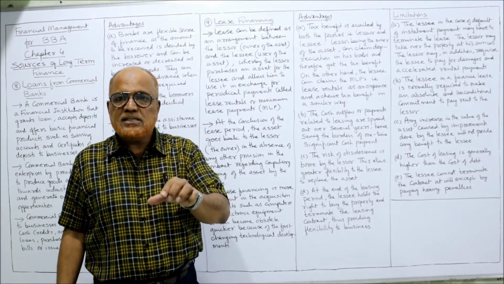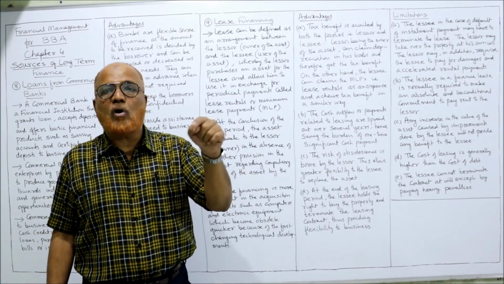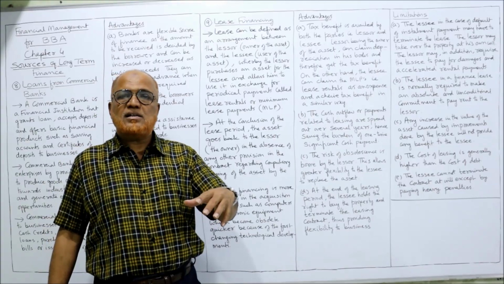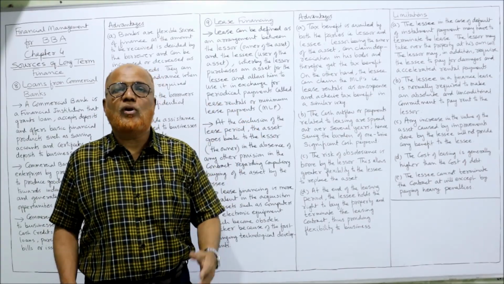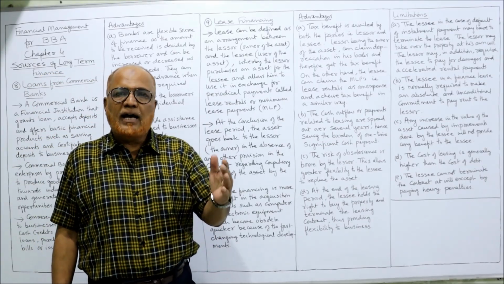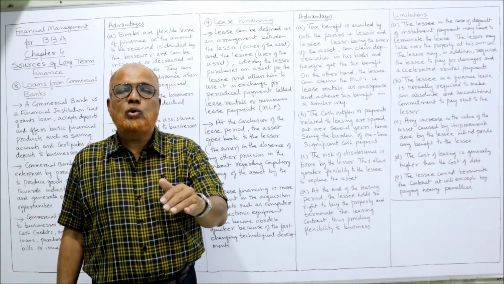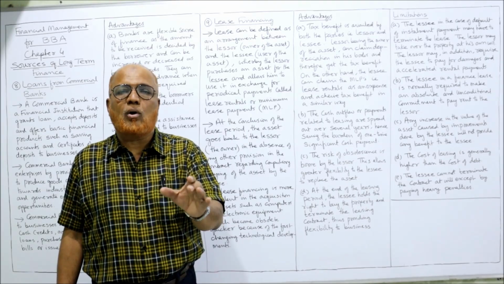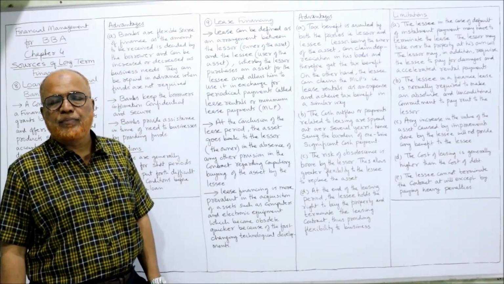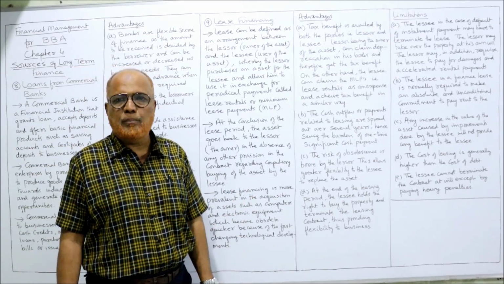First thing, the lessee has to approach the lessor. The lessor will buy or purchase the asset for the purpose of lease and allows him to use it. After purchasing, the asset will be given to the lessee for its use and in exchange for periodical payment. That means the asset is being received from the lessor by the lessee. Now the lessee is obligated to pay periodical payment called lease rental or minimum lease payments, MLP. We can call it lease rental or we can call it MLP, minimum lease payment.